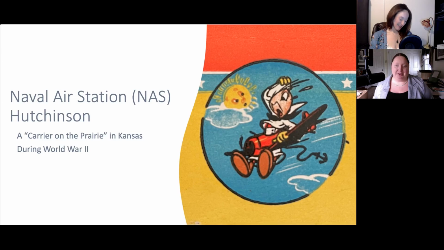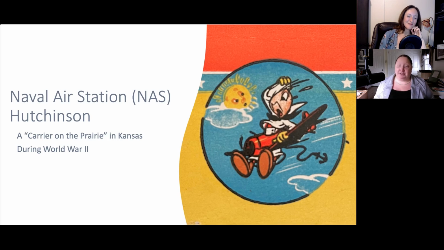And I do have the story of how this happened to be the mascot. But for any Disney fans, we have Jiminy Cricket in a sailor suit hanging on for dear life in a trainer airplane with the sun peeking out from behind a cloud, looking quite concerned that Jiminy Cricket does not look that safe. This Disney image, because Disney did a lot of film and images for the war effort during the 40s, this particular image is taken